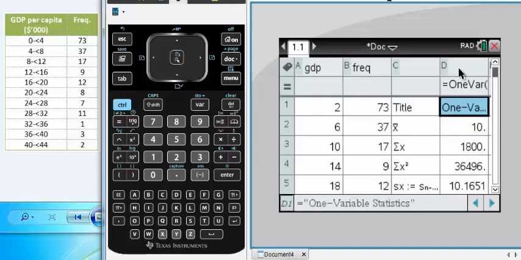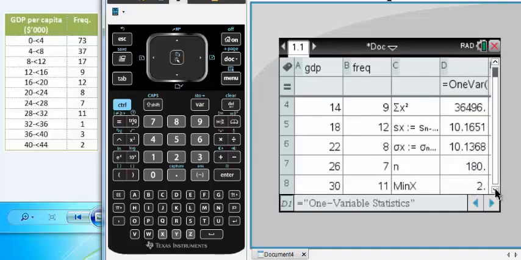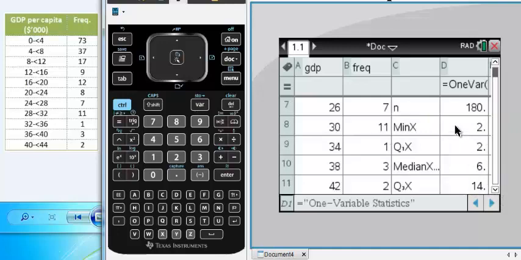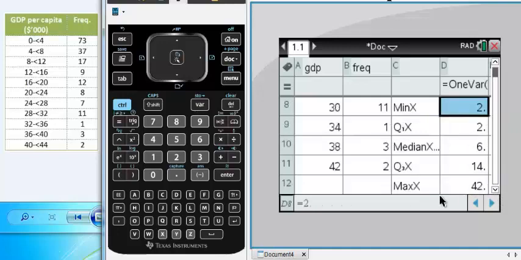So this will generate the one variable statistics. If we scroll down, our minimum value is 2, maximum value is 42. Our first quartile, Q1, the lower quartile, is 2, the upper quartile is 14, and the median, the second quartile, is 6.